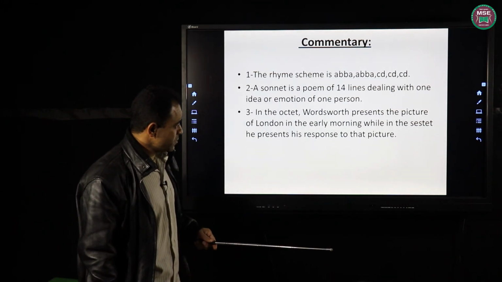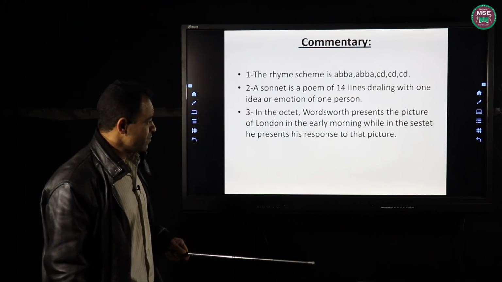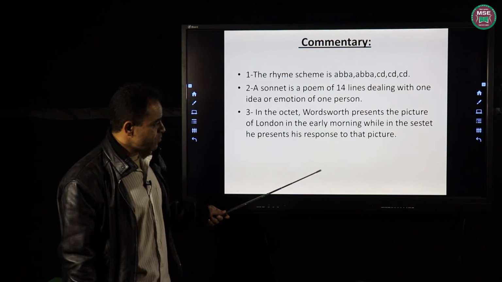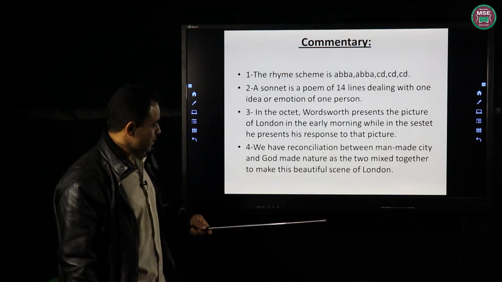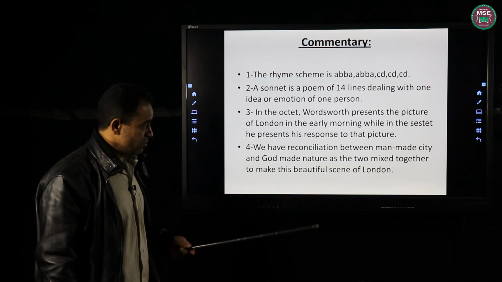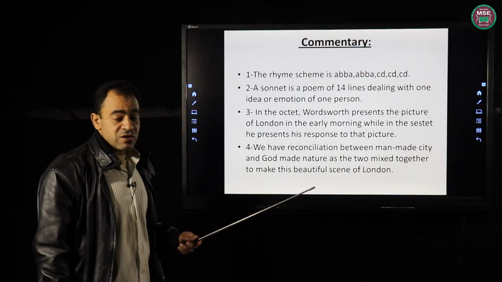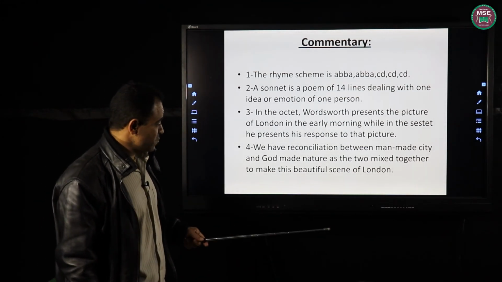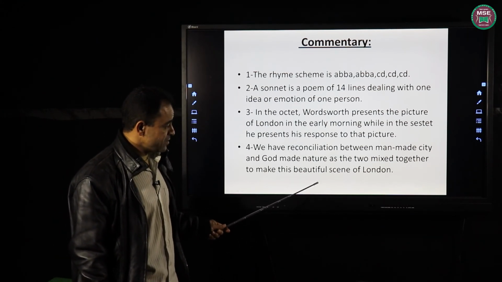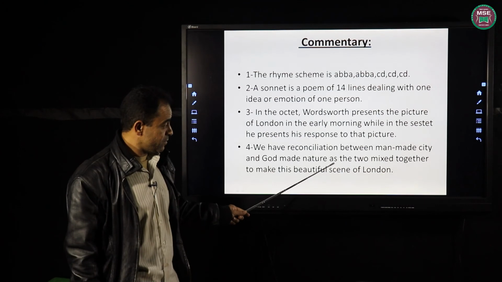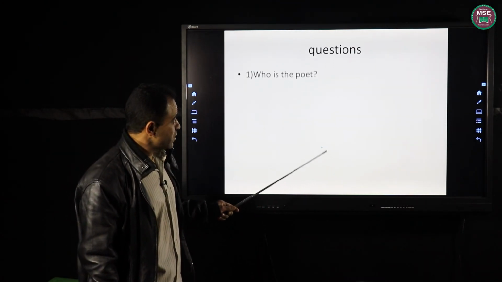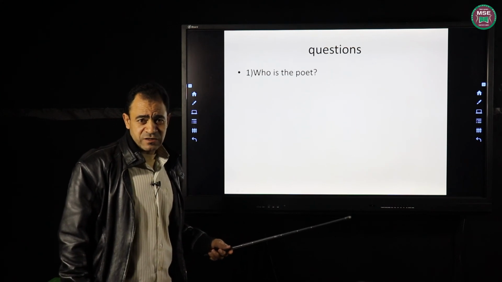In the octet, Wordsworth presents a picture of London in the early morning, while in the sestet he presents his response to that picture. We have reconciliation between the man-made city, we mentioned it in the octet if you remember, and God-made nature, the two mixed together to make this beautiful scene of London. Okay? Now, if you have a look at the questions, you will find it so easy to answer them,